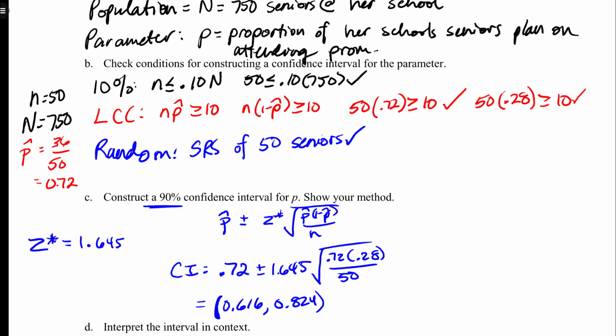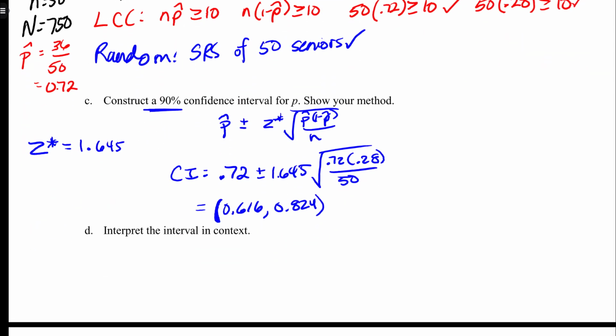Okay, so the next thing we can do is interpret that interval in context. And this is really simple. We just use that sentence starter template that we have from 8.1. Take a look at your notes if you need to, but here it is. Say, I am 90% confident, because that was my confidence level, that the interval